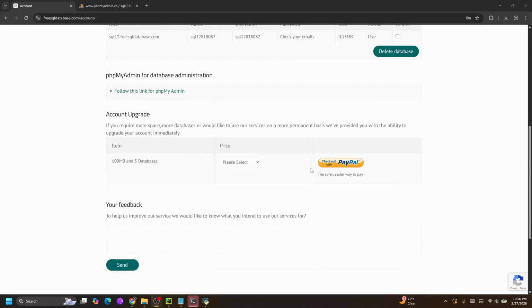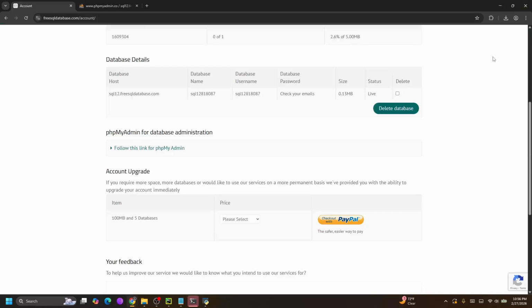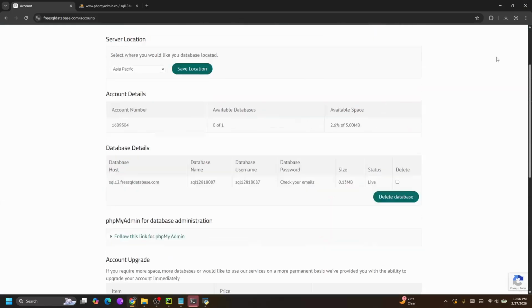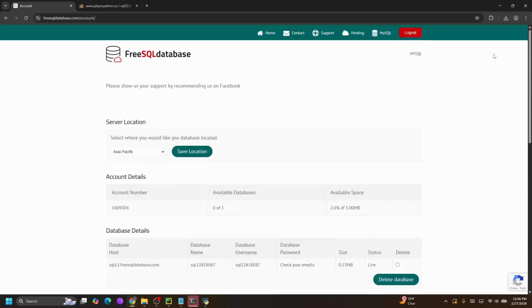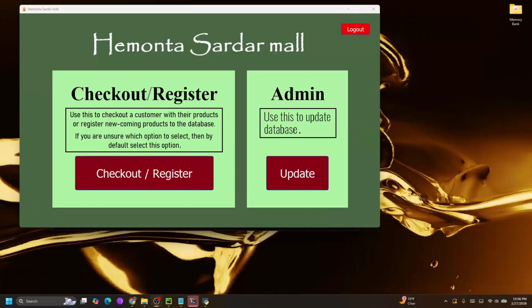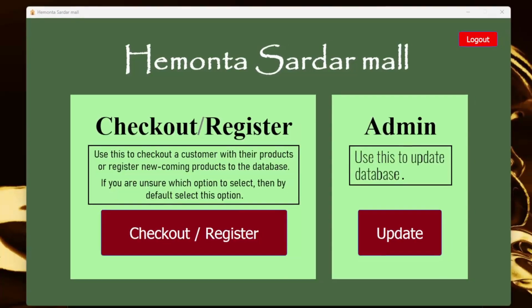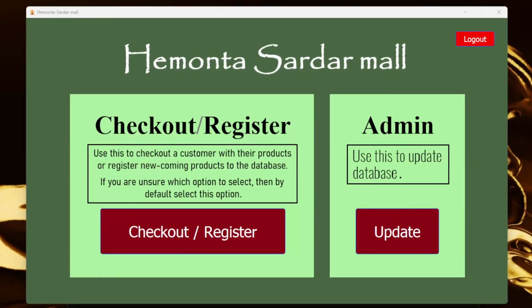Then I might also buy the subscription for a year. It's fairly cheap. Or I'll just change the database if it is very inconvenient to me. We'll see which is the best. So